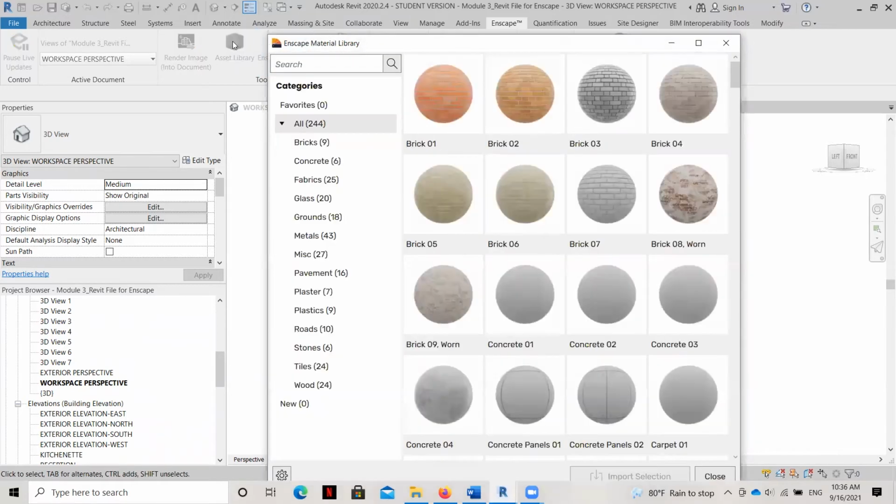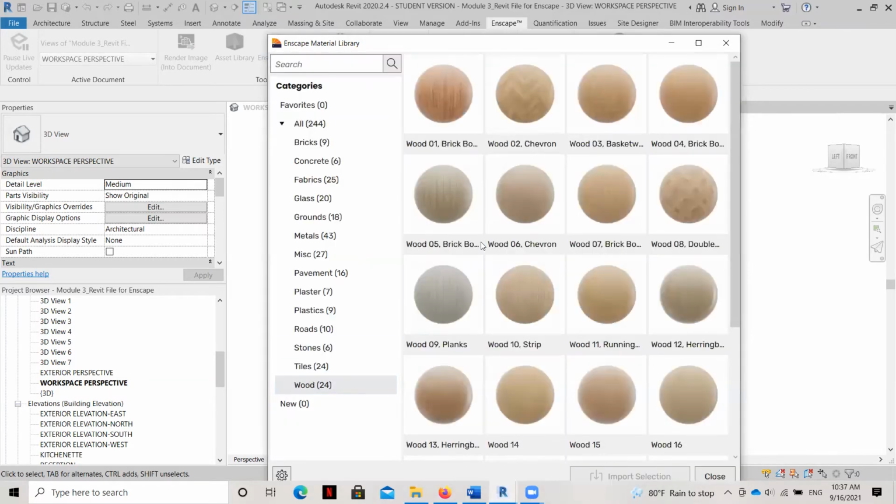And so it's going to load, and you can see here it's got these kind of texture balls, which is a common way of representing materials within a rendering software. Now, there are these materials that, what we say, come out of the box, or they come with Enscape, but you can download materials all over the internet. Some of them are good, some of them are bad, but they're going to have the 3 components within the texture, which is going to be the texture itself, the color, and sort of the bump, or what we call the roughness of the texture itself that gives it that 3D appearance. So we're going to download 3.